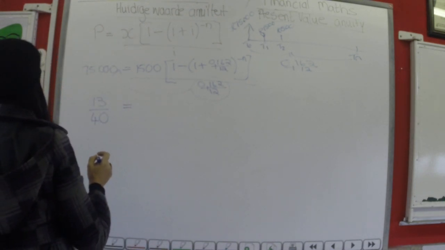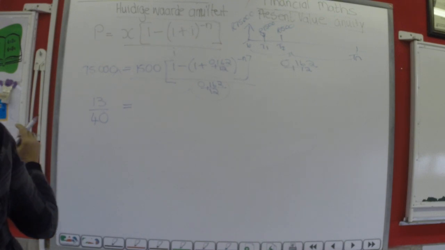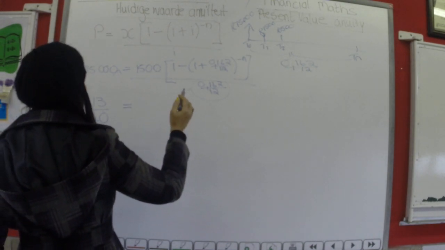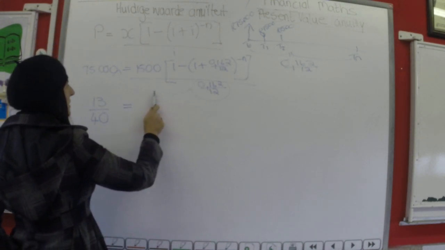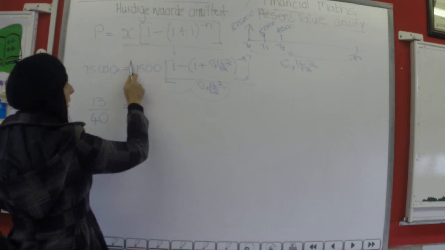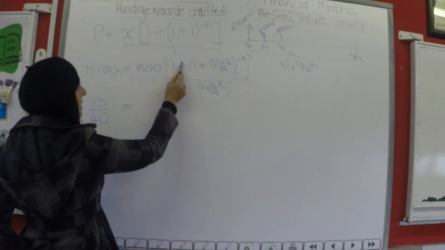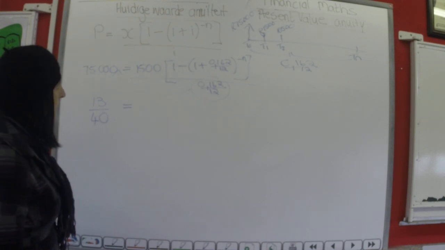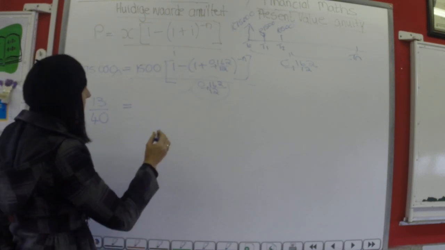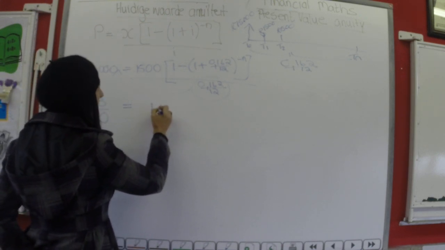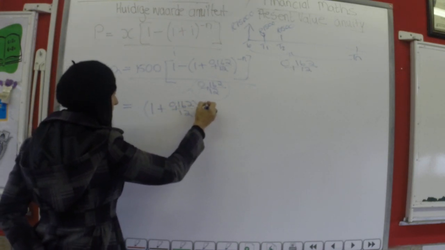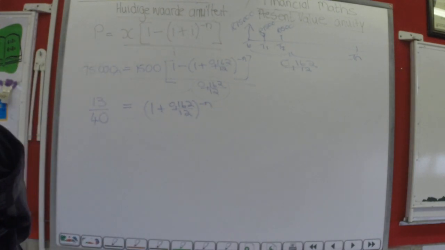So ek kan dan nou die 1 oorvat, dan word dit... ek het al reeds die 1 oorgevat, so kyk mooi wat ek juffrou gedoen. 0,162 op 12 multiply, divided with 1,500, and then I took the 1 over the equals to, so it was a minus 1, and then I got minus 13 on 40. En aan die kant het ek dan gekry 1 plus 0,162 op 12 tot die mag minus N, en dit het dan vir my gegee,